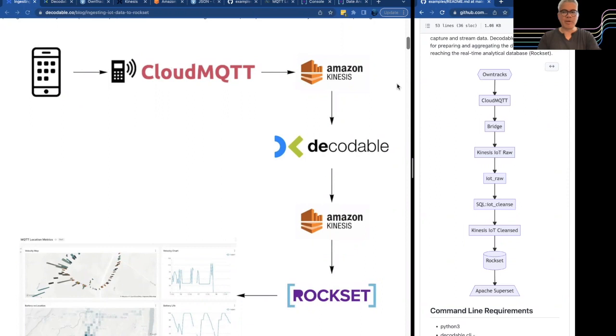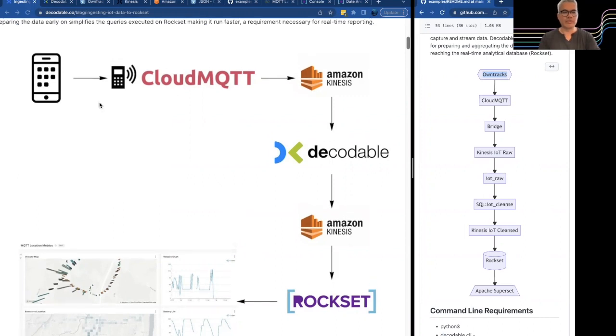We're using an app called OwnTracks. It's something that you could download for both Android and iOS, and that will be sending to a cloud MQTT provider. In this case, it's actually called CloudMQTT. Others that you could use could be HiveMQ, and a lot of the corresponding cloud providers also provide their own MQTT brokers that you could use. But the path is that you have a phone app, you put the connection information to your cloud MQTT provider, and it starts sending those metrics to that cloud